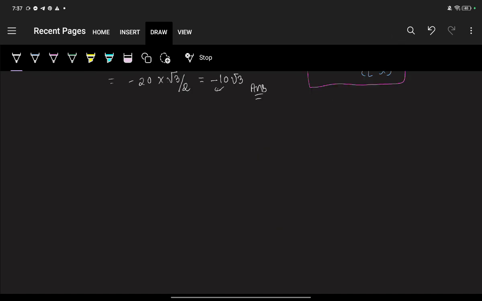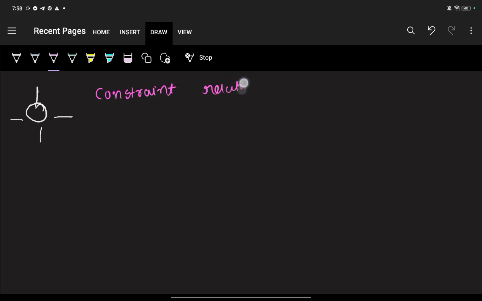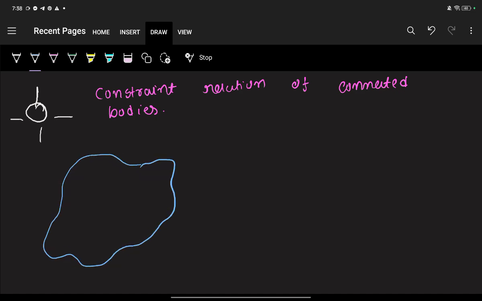So this concept is about constraint relation of connected bodies. So let's say you are having a body of any random shape, okay? And let's say it is going with the velocity v0. So we know that every particle is going with velocity v0, right? Okay, so if you draw a line here,